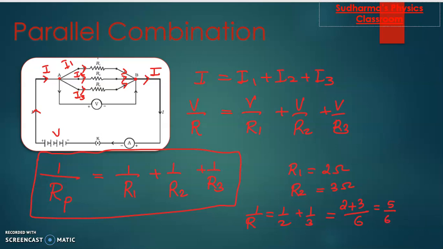So remember, this is 1 by R. So R will be equal to the reciprocal of this 1 by R. That means 6 divided by 5 ohms. So never forget to take the reciprocal after applying this parallel combination formula, because we are getting 1 by R. So if you get 1 by Rp, then Rp should be the reciprocal of that. We know that, it's maths, right? So this is a simple example with 2 resistors. Then the same way you can solve any questions when you get a parallel combination of resistors.